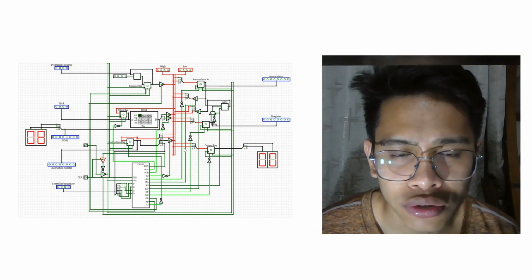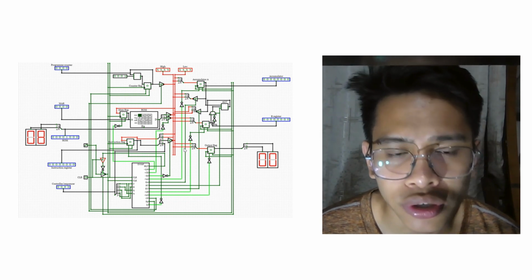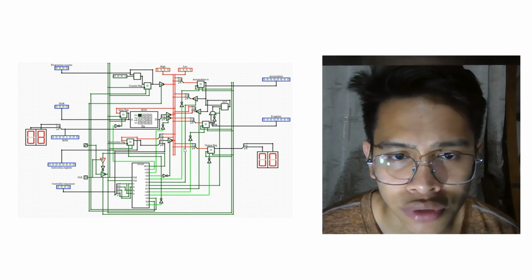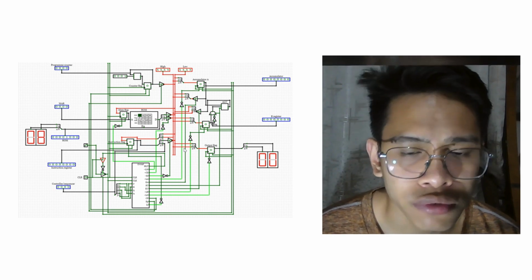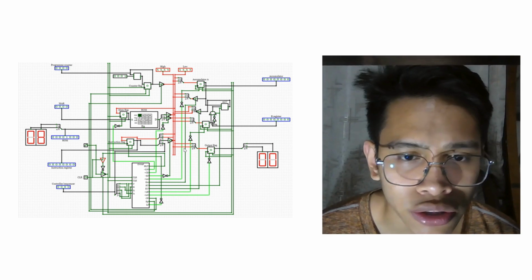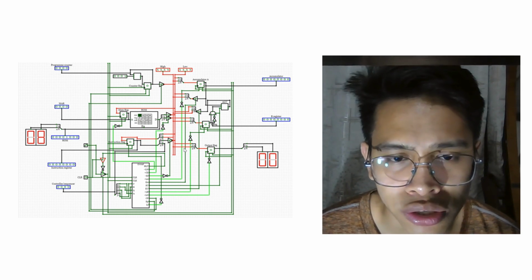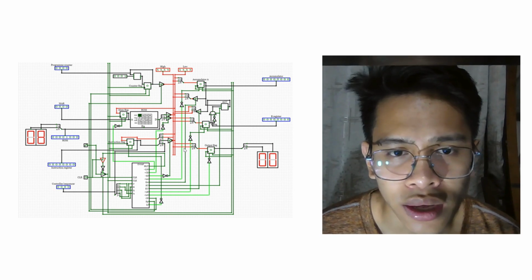So to recap, the SAP1 components are program counter, ROM, instruction register, controller sequencer, memory address register, accumulator, arithmetic logic unit, B register, output register, and clear signals. And the SAP1 represents the foundation of how computers process instructions step by step.